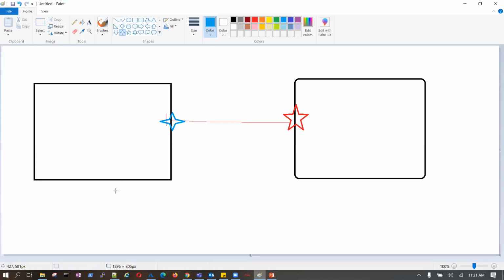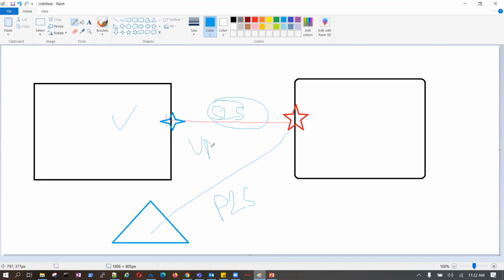Now one user connecting, this is P2S. This one location connecting to this is site to site.